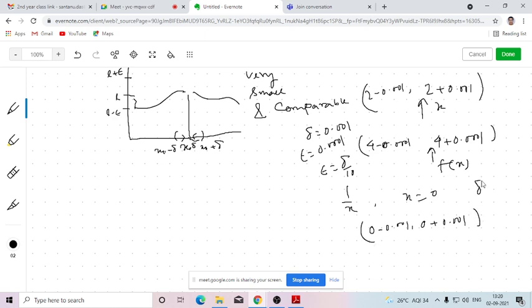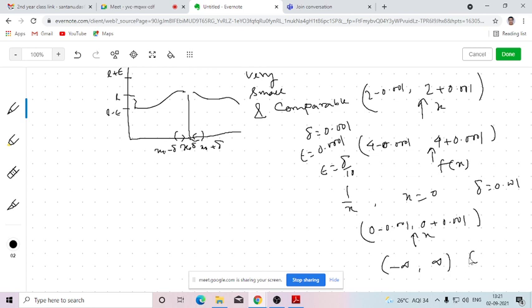So here delta is 0.001. So we are varying the values of x here. In the last class I discussed that whenever we are varying the value of the independent variable in that interval, where delta is very small, that means around 0 we are taking a small interval and varying the value of the independent variable,